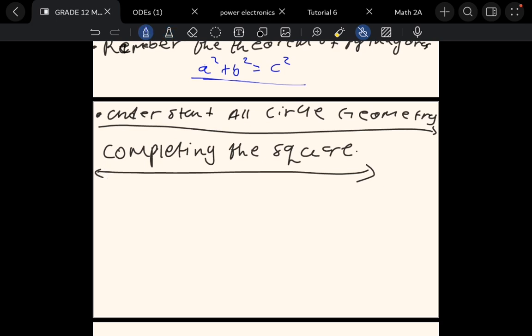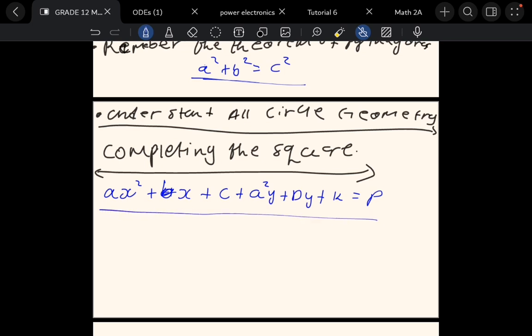So we are given, I'm going to give you a situation like this: ax squared plus bx plus c plus ay squared plus dy plus k is equal to p. You are given some equation like this, and